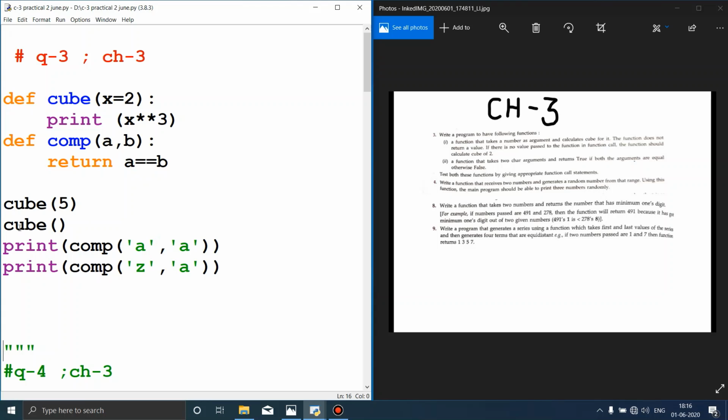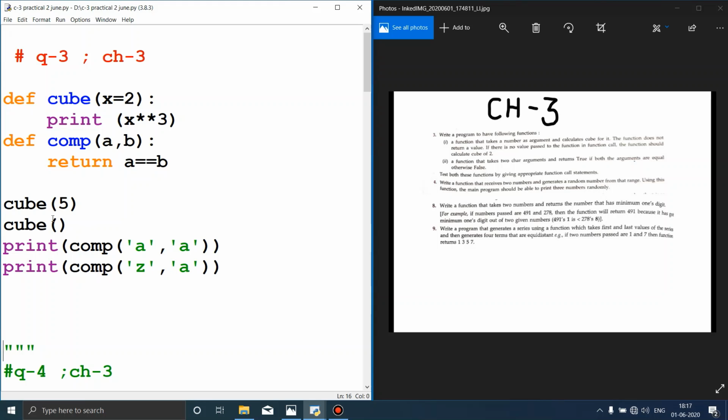See what we are trying to do in print. If the a and b arguments that you are passing are equal, see this is a comparison operator and it returns only two values, 0 or 1. If they are equal, then it will return 1, and if they are not equal, then it will return 0. If it returns 1, print 1 means true. And if they are not equal, this comp function will return 0, so it will print